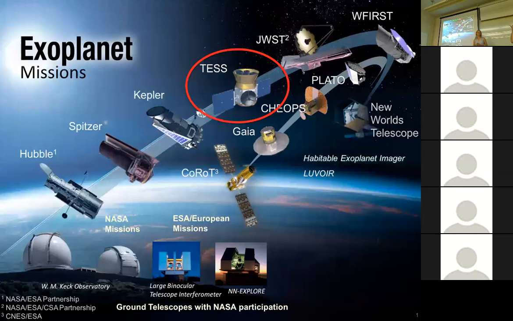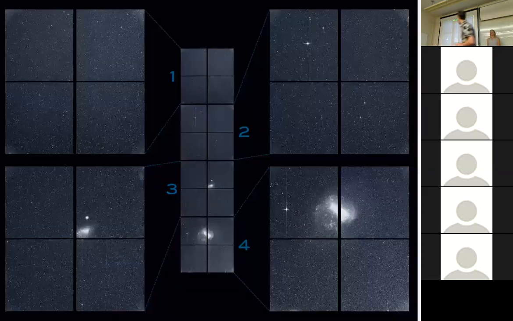But TESS, whose whole goal, as the follow-up to Kepler, is to find the closest planets to our solar system, looks at very bright stars. In fact, just today, NASA released the first light image from TESS. TESS has 4 cameras and a very large field of view, looking essentially from the ecliptic plane all the way out to the ecliptic pole. It looks for transiting planets around the brightest stars. Because of the large field of view, there's a lot of confusion because the pixels are quite large, so it's focused on the largest planets.